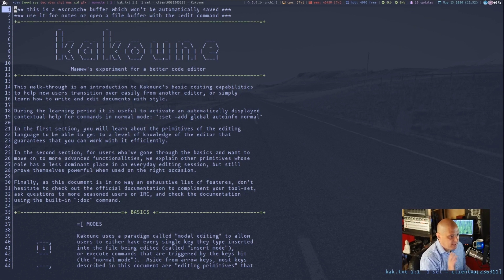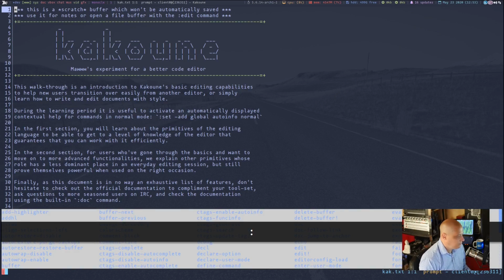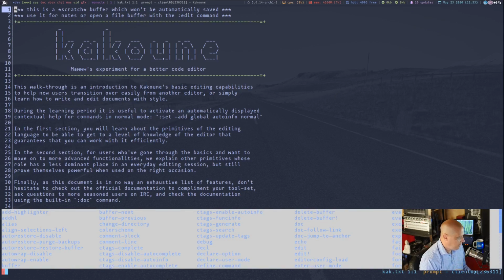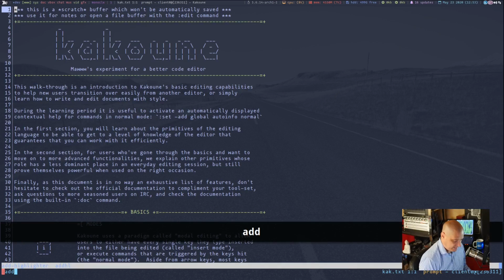Now, before getting started, I do want to mention one thing. As far as my Kakoune config, you guys see that I do have line numbers set on the far left. That is not how it comes by default. How you get that is if I type colon to get into the command mode here, and I type add